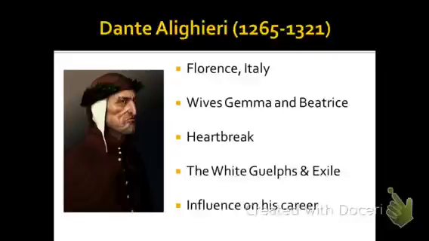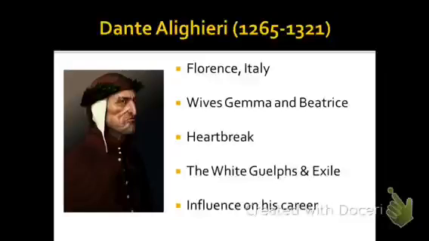The first I've mentioned here is Florence, Italy. It is his birthplace, where he was born and raised, where he did go to school. He married a woman named Gemma, and there's another name up here named Beatrice. Dante met Beatrice when he was 9 years old, and she came in and out of his life continually for many years. And she was widely known as the love of his life, and thus a huge influence on him